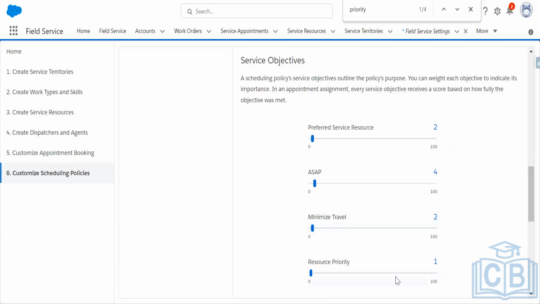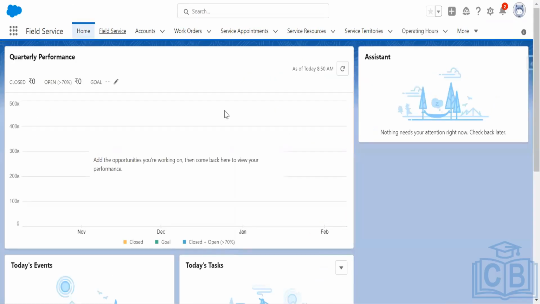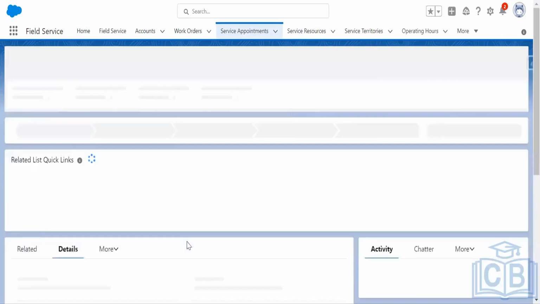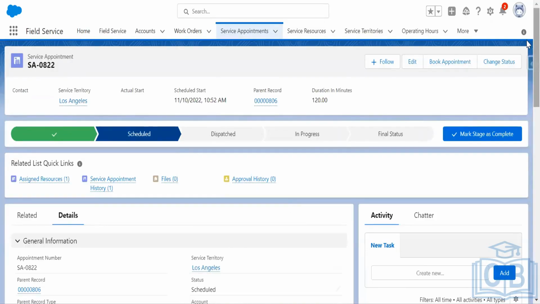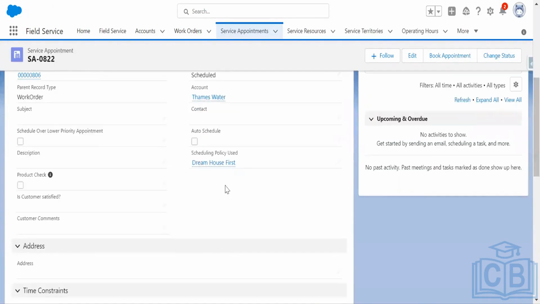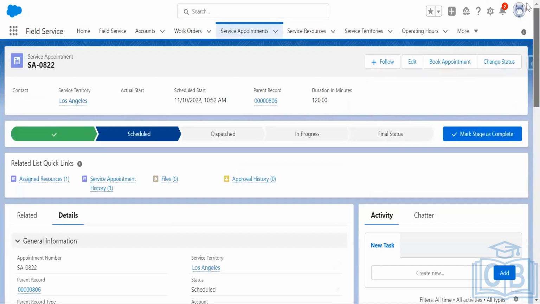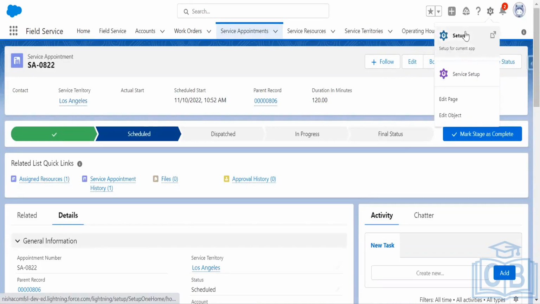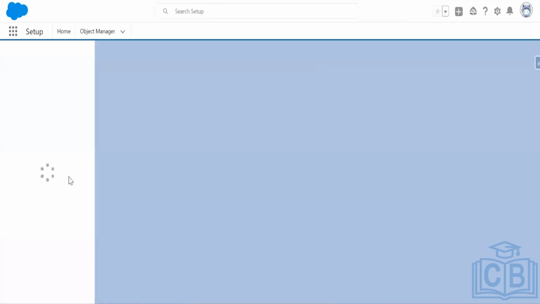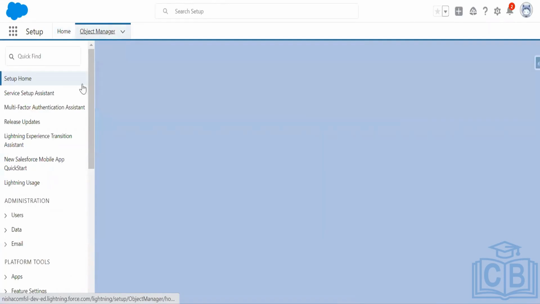Suppose a priority of 3 is set on the service appointment. If I go to the service appointment, let me pick up that priority field. Most probably it is not there. This field is there, but the service appointment priority field is not there. Let me go to the object manager and add that field. Let me show you how the score is calculated here. If I go to page layouts,